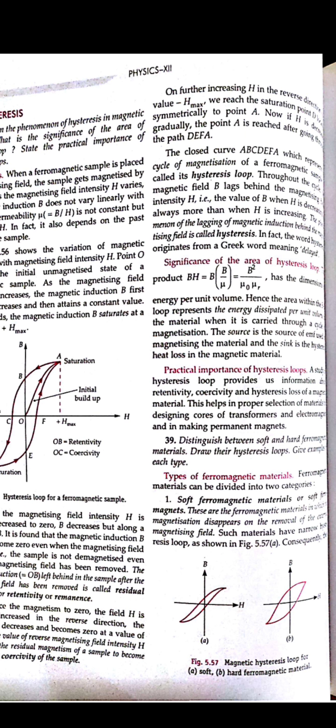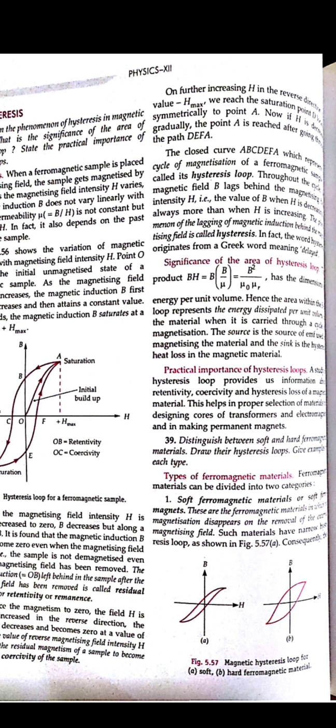So when the external magnetic field is removed, it will get completely demagnetized. Okay, here you can see the loop also, in which we have the coercivity and saturation point. Here retentivity becomes less and coercivity becomes more. This loop is the hysteresis loop for the soft one, the first one, for soft iron. Here you can see that the loop is just thin, right? The retentivity is low and the coercivity is also low.